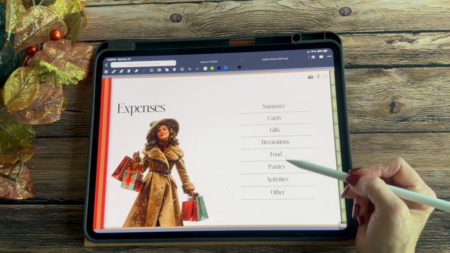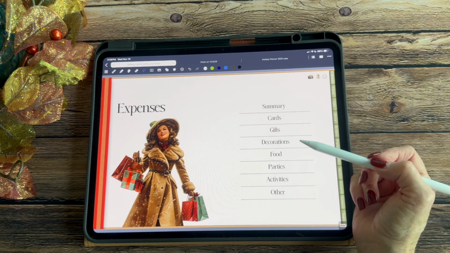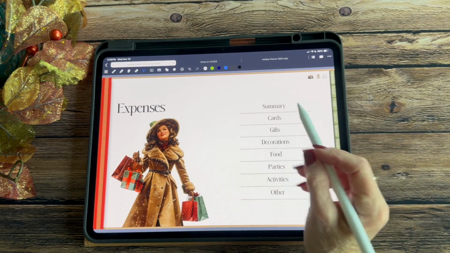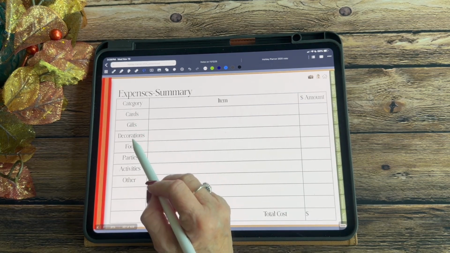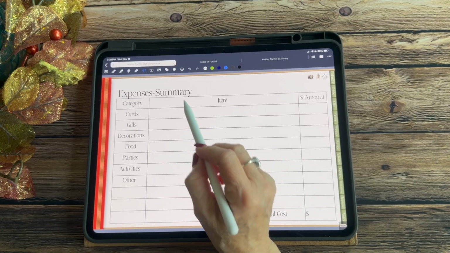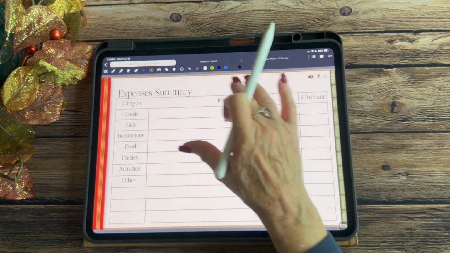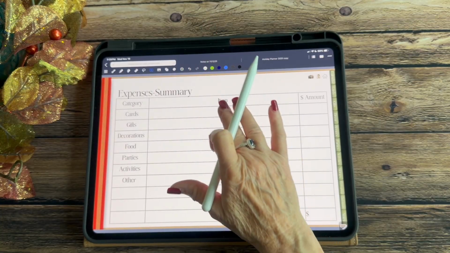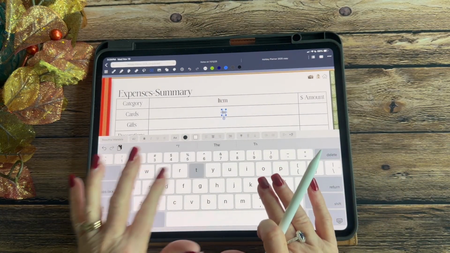So in each one of these sections you can put in an itemized list of the expenses that you incurred to mail your cards or to do your cards. So let's look at the summary page first. And again, each one of those categories is identified on this side. So our total, this is really to put totals. So it's not really an item, a line item, but you could put in here